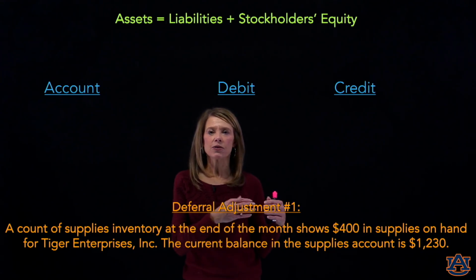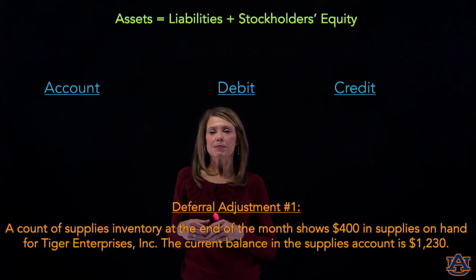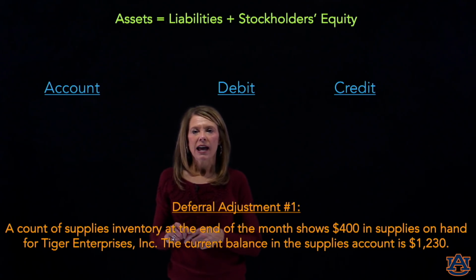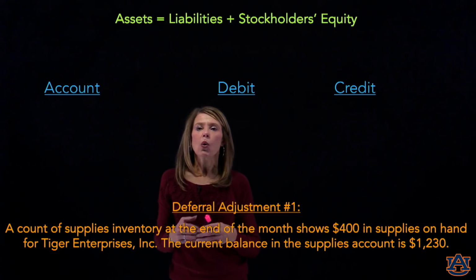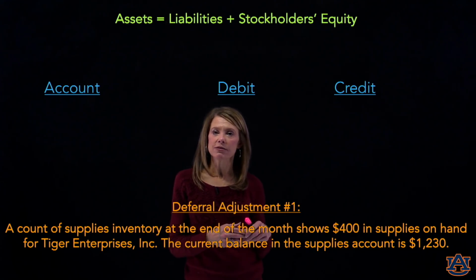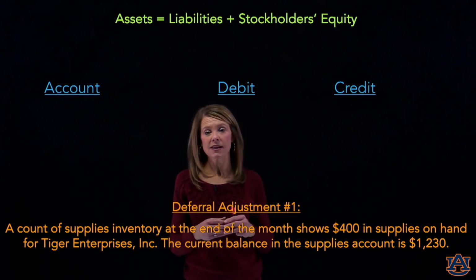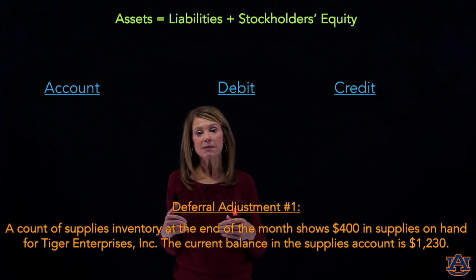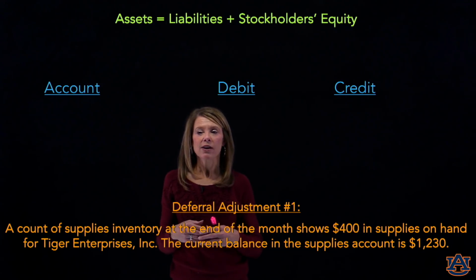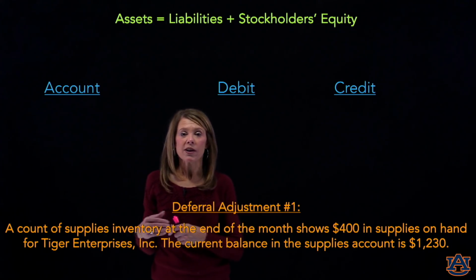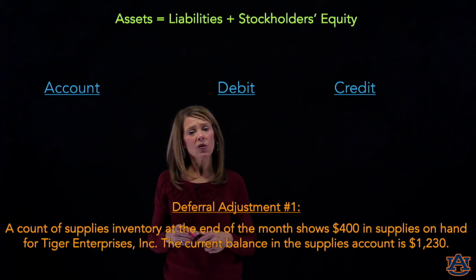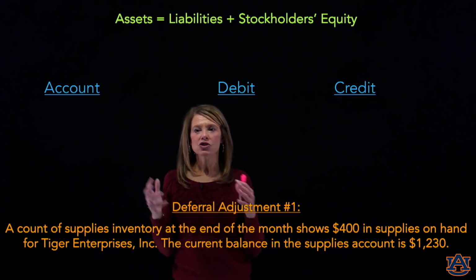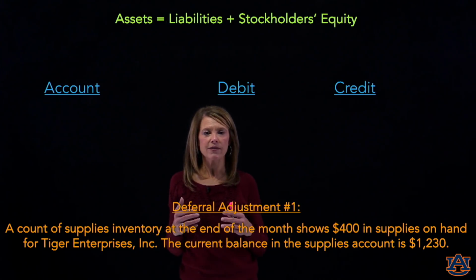But what makes a deferral is that there has been some cash transaction that's already happened in the past, and at that time we waited or deferred recognition of revenue or expense because GAAP said it wasn't time to call it a revenue or expense. It's the adjustment phase where we're considering whether we need to record a revenue or expense. So with all deferrals, there's been some cash transaction first, and in the adjustment phase, we're recognizing a revenue or